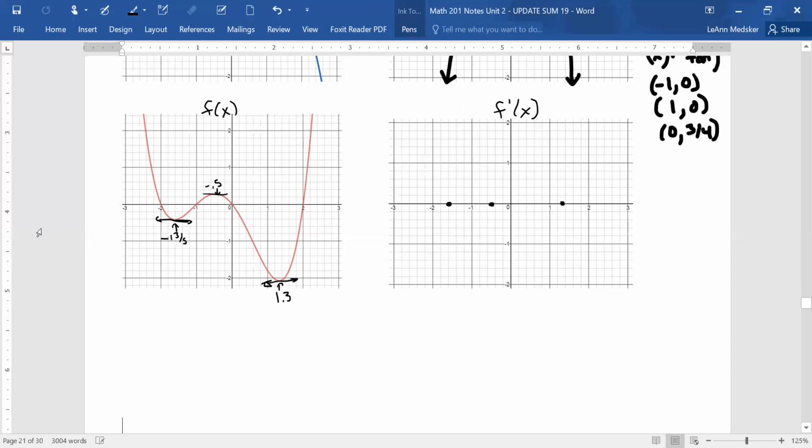Okay, so then this was decreasing down to that, then increasing, then decreasing again, and increasing. So what that tells me is that I'm going to be below the x-axis, above the x-axis, and then below, because I'm decreasing again, and then above. Okay, now if I want to get a little bit more detail, I need to find those points of inflection,